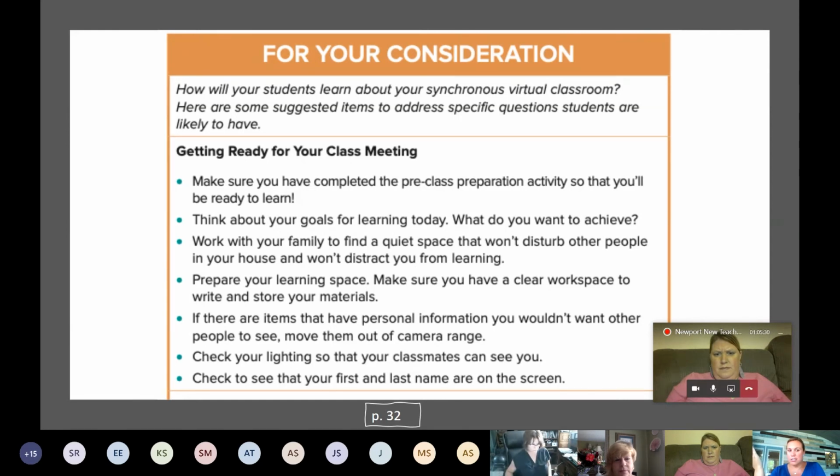The learning intentions. If you were with us yesterday, we talked about this a whole lot. So think about how we're sharing those with kids before those live sessions. Some of you mentioned the quiet space to work. If they are on camera, tell them to think about what's behind them, right? There are ways to do virtual backdrops, but you want to let them know that whatever's behind them can also be seen on camera. So be aware of that.